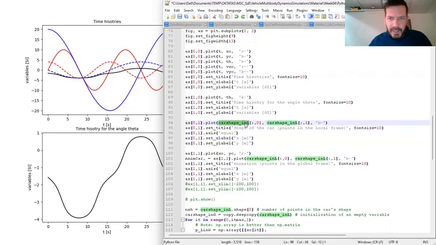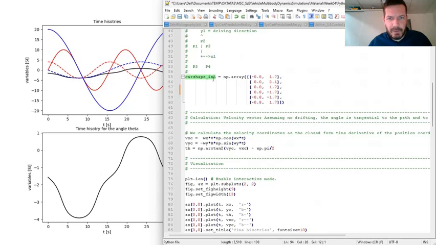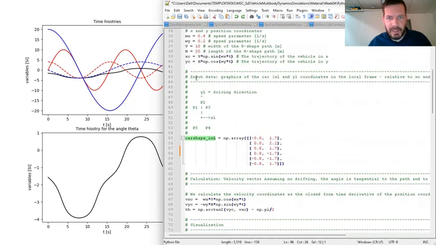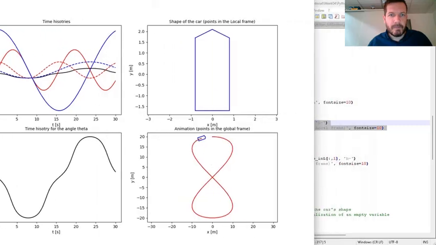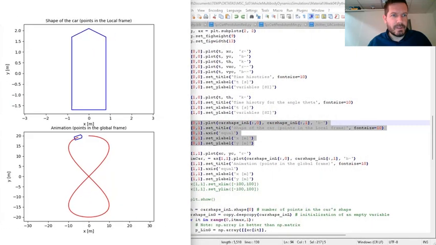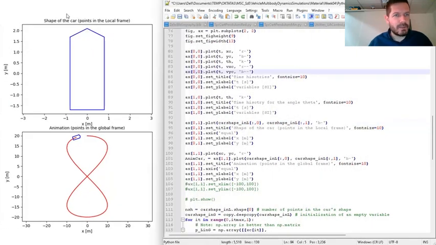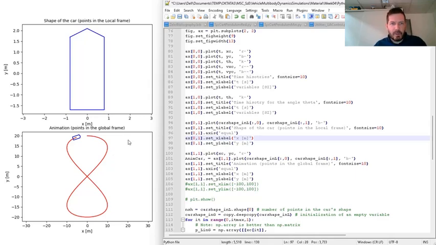We are just taking those variables which we defined at the beginning. Yeah? So this was an input data for the geometry of the car, and these points are just visualized in this plot. What we can see on the right hand side of the panel. So this plot is visualizing the 5 points of the car,